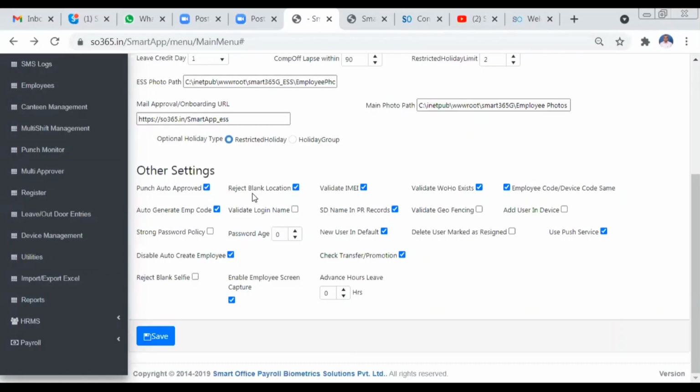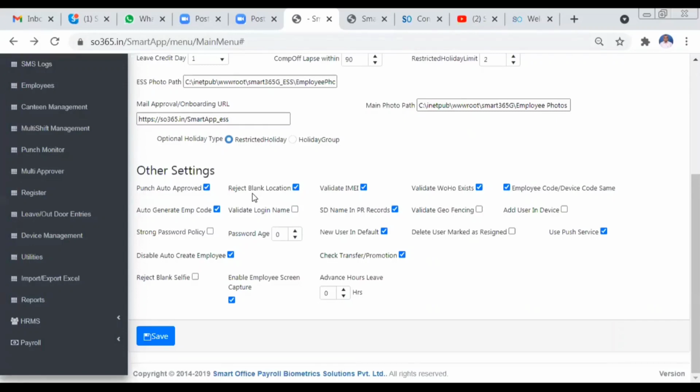And validate IMEI. So what is this IMEI validation? Suppose you want to restrict your employee to punch from his or her phone only. Usually Android mobiles have a specific IMEI number. So if I select this option, then he or she has to punch from his or her mobile only.